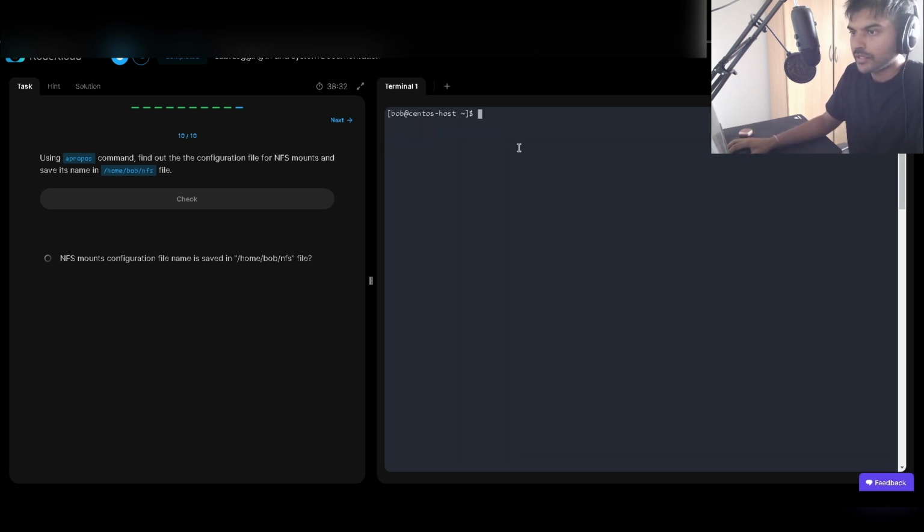Clear again. Use the apropos command, find out the configuration file for NFS mounts and save its name in home bob NFS. So you can use the apropos. I don't know how you say it, so just correct me. Please don't be aggressive in the comments. I'm just a regular guy trying to learn. So if you put NFS mounts,